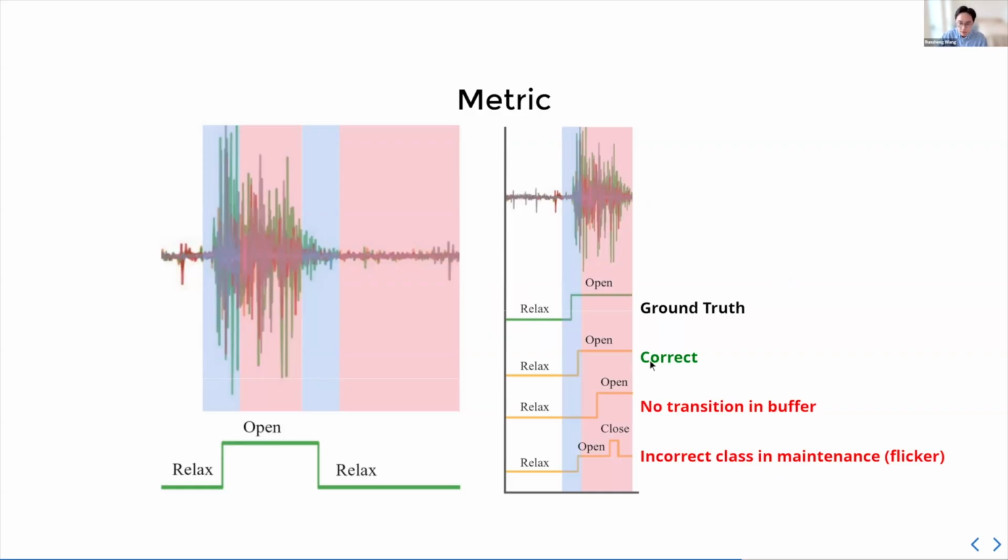You see the correct prediction on the second row, and you see a wrong prediction on the third row because there was no transition in this blue buffer. And lastly, you see this incorrect prediction on the fourth row because there's a close prediction where it should have opened in the maintenance period, right? So we use this metric so that whatever we do offline is meaningful and realistic performance when we transfer to the online setting.